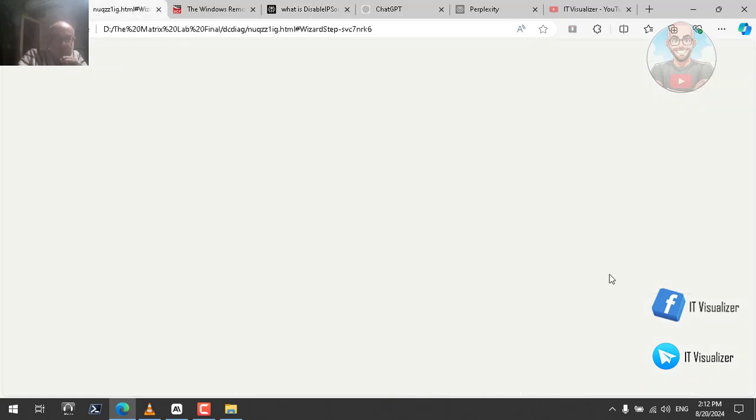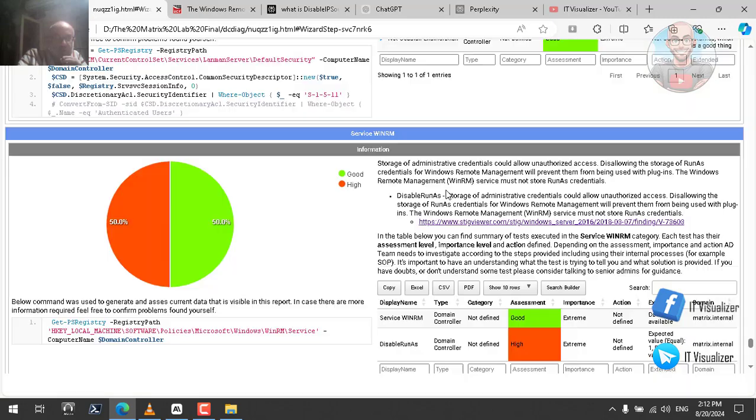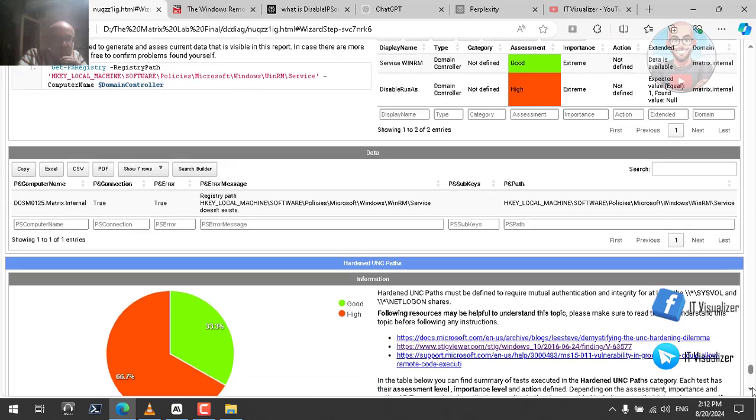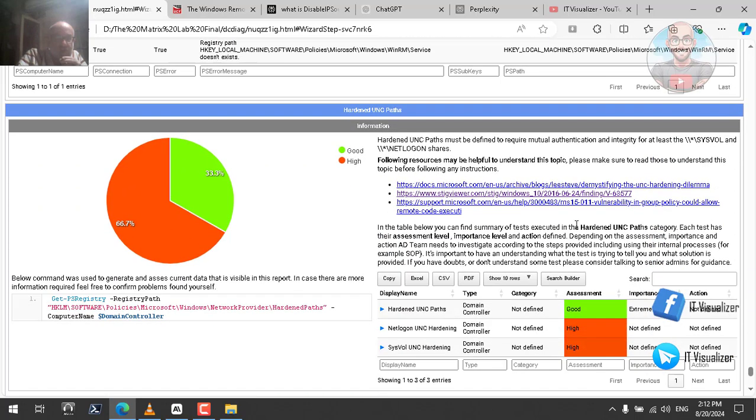So we can see here that we don't have this enabled. We will see how we can do this through a registry or through a group policy. We'll see all of this through the video. I'm just discussing the results of the test, and then we will see how we can rectify all of these findings practically. So this is another test, and then we can go to the next one, which is hardening UNC